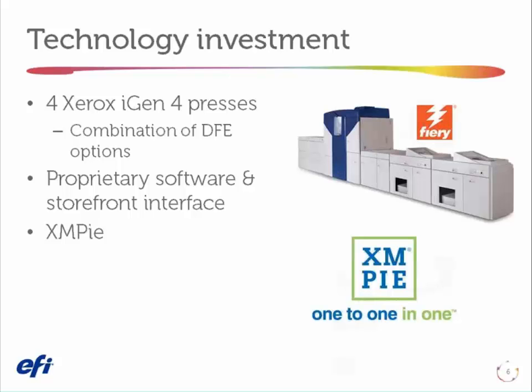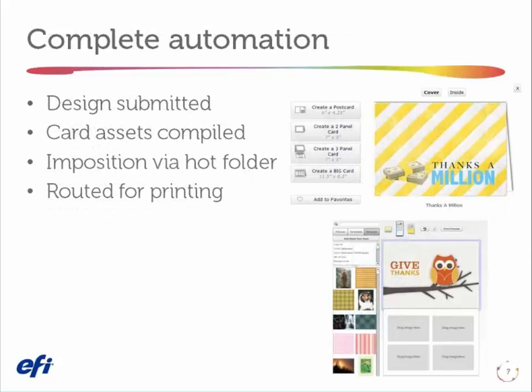So speaking of that, why don't you tell us about the procedure from when a user creates a personalized card on your website to when it gets output on your iGens? Okay, so the first step would obviously be for them just to log into the site, and we have a catalog that they can choose from if they don't have something set that they want, or they can choose through our categories. Once they've picked the design that they want, they can then edit that design. They can change it, they can add their own pictures, they can put their own fonts in there. One of those fonts could be their handwriting font if they wanted to do that, and they can do whatever they want in there. And once they've completed their card, they just put it in our hold queue basically,